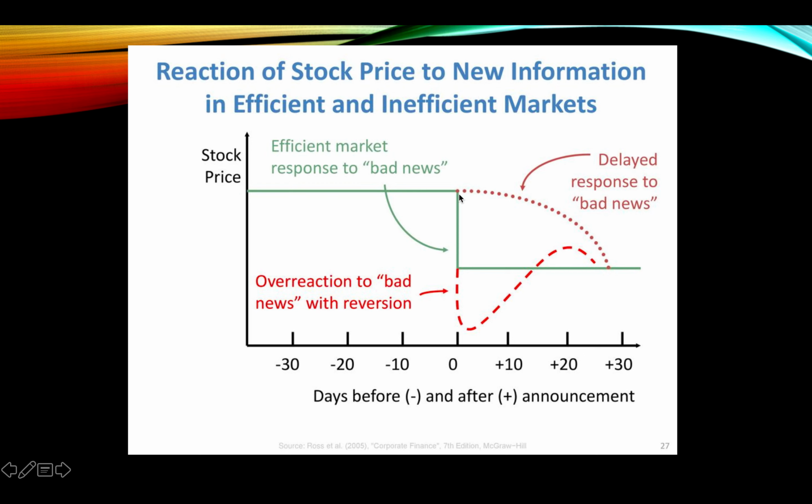The news comes out. It's bad news, and basically it reacts very quickly to that. Now there is an overreaction to bad news with reversion, and there could be a delayed response to bad news. All right. So sometimes that overreaction occurs. Remember, we talked about the fact that momentum could exist, especially when bad news comes out and it's re-emphasized, or good news that's re-emphasized 3 months later, that there might be an overreaction to that. That's one of the behavioral reasons behind momentum, for example.